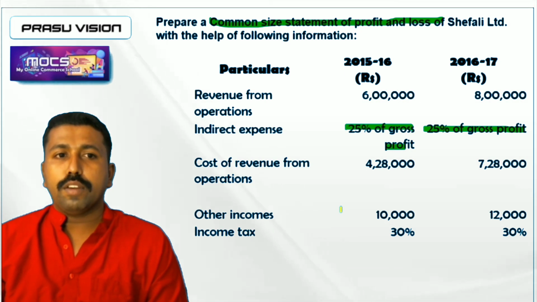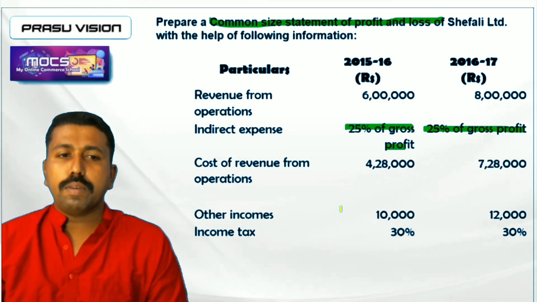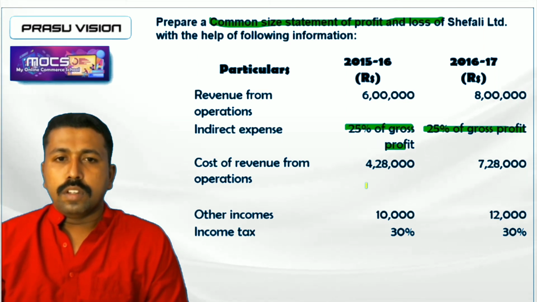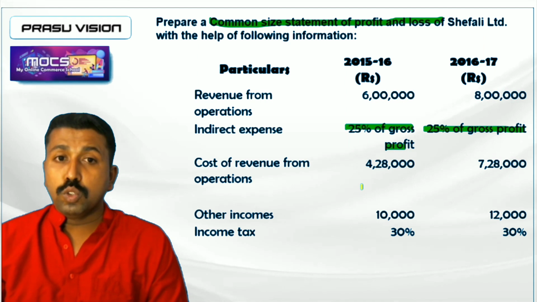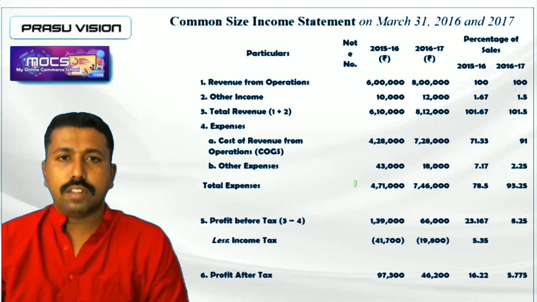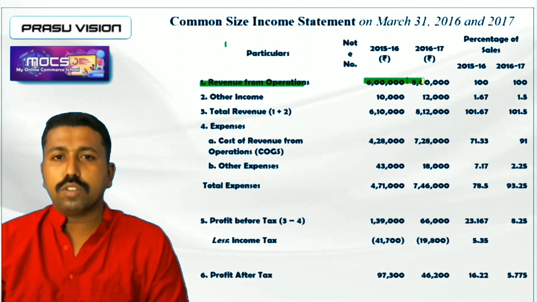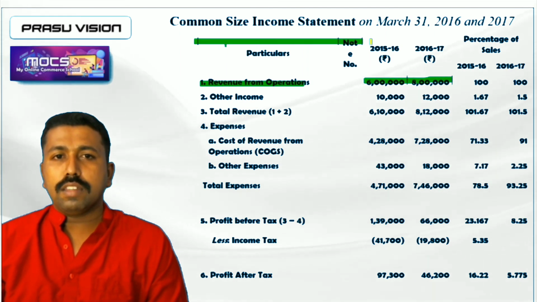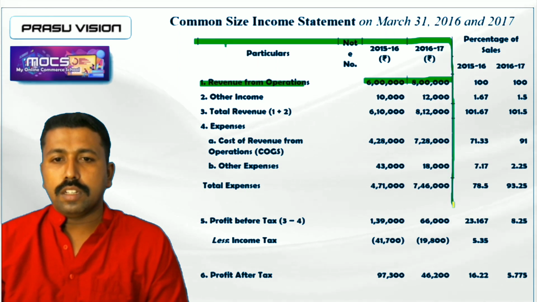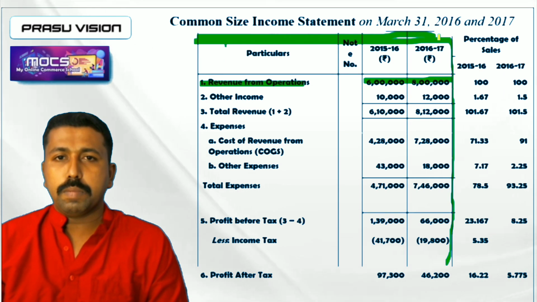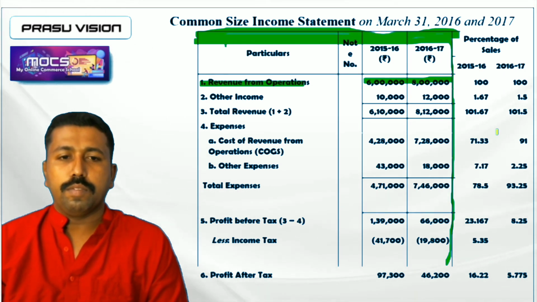It's simple. Revenue from operation minus cost of revenue from operation, we will get the value of gross profit. So we have to prepare the statement first. You know the format of the statement. There we have to arrange the items as per the order. Revenue from operation is there as per the question. All the things we have to arrange as per the question. Then only we can prepare the statement.